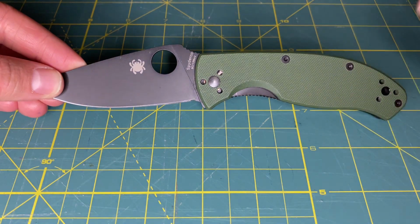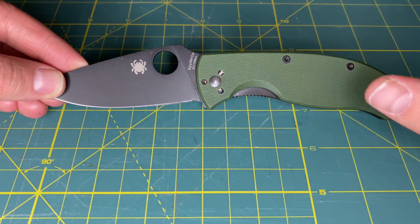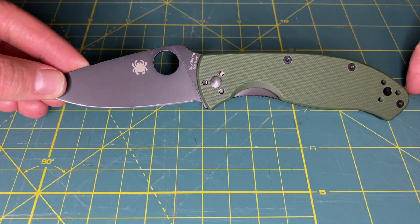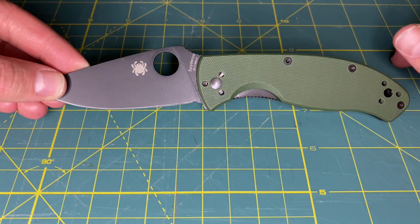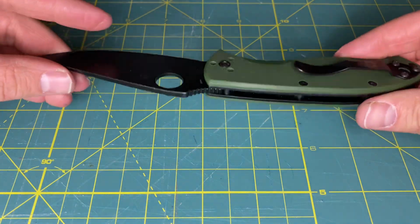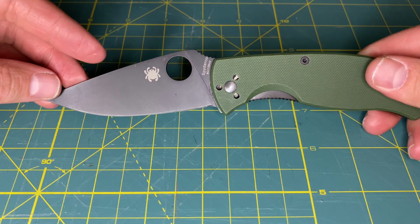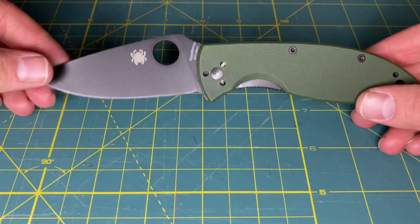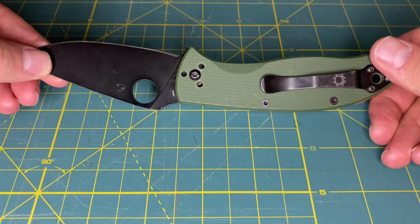Now, Spyderco does now have an offshoot sister brand called Bird, which is kind of a budget version, with similar design features to Spyderco. But nonetheless, Spyderco does come up with some of their knives, still with the Spyderco logo on it, that are made overseas. And they do knives made in Taiwan, Italy, China, and other places as well. But for the time when this Spyderco Tenacious came out, it was a pretty significant piece in the